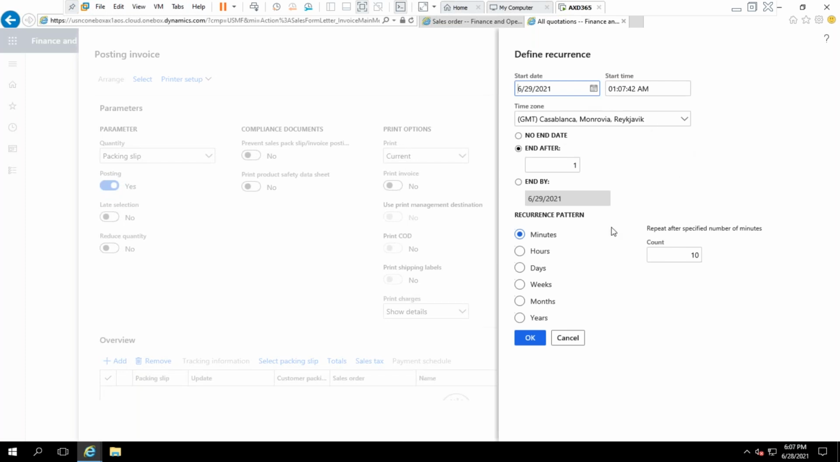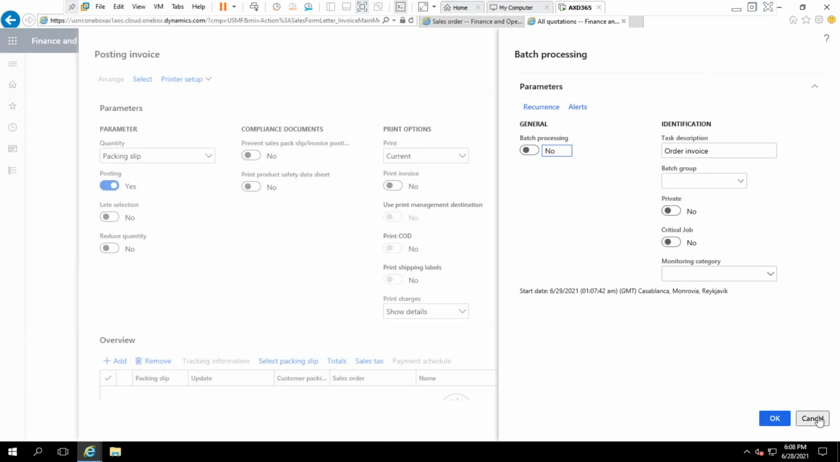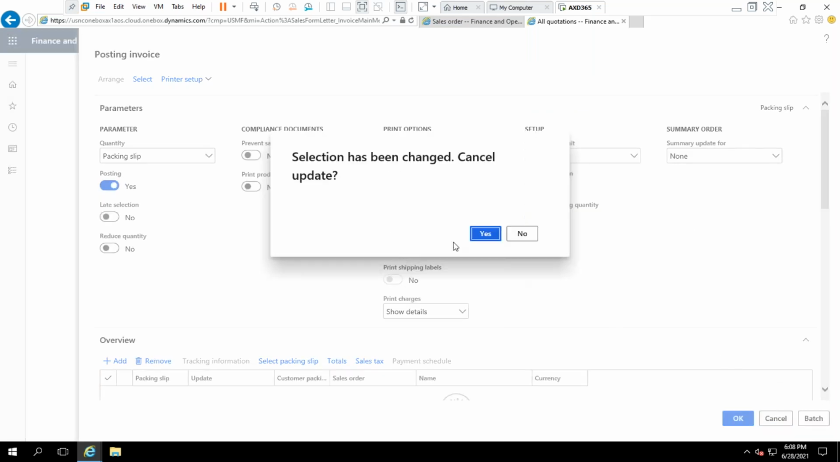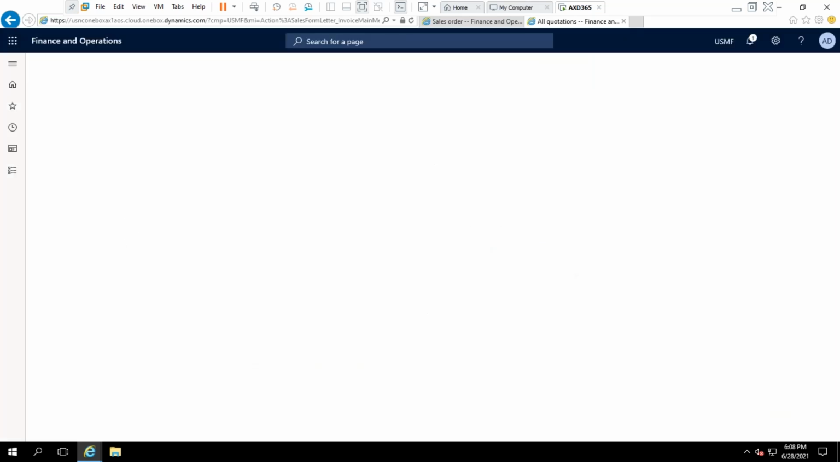Yes, you can map this batch job. The same form will be open from here, because you asked me separately. But if you want, let me cancel. The same setups you can do from the sales order form also. From the sales order, if you click on the invoice button,